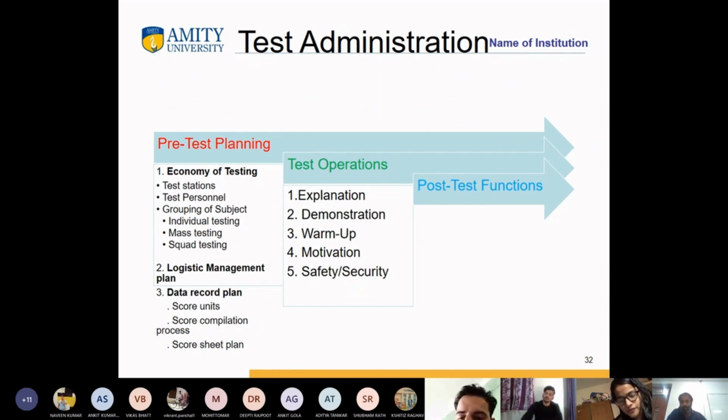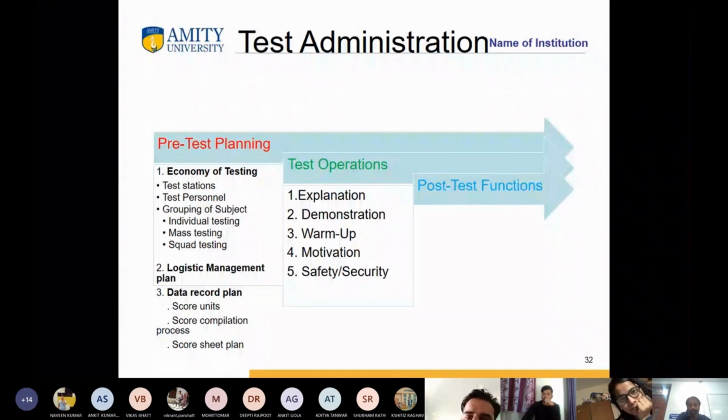Even in this assignment, you have to talk to the tester and explain what this test is all about and why they are supposed to do it. And once you explain, then you have to focus on the demonstration part. On the virtual platform, you may show them a video recording of a test, or you may use a network like MS Teams or Zoom or any other, and show them a live demonstration.